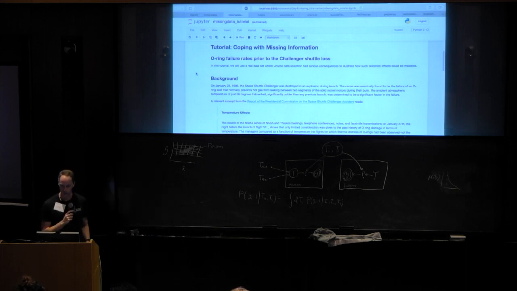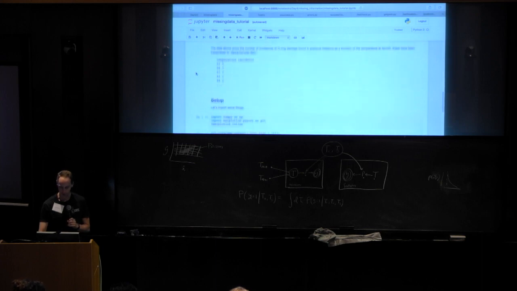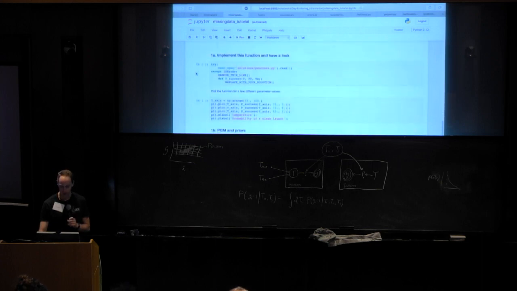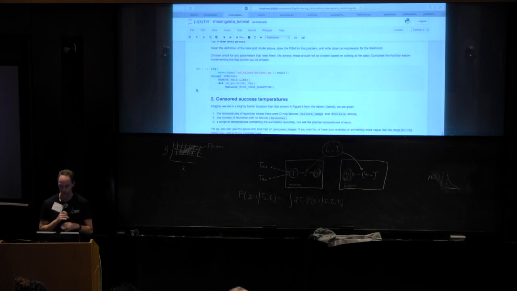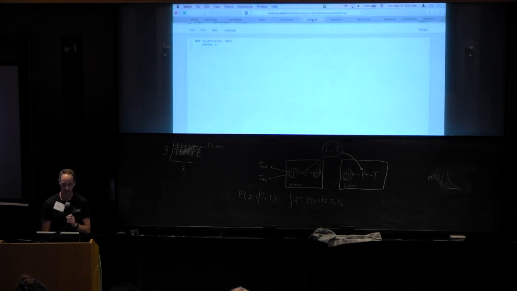But all right, so let's quickly go down here and shout where you see one of those try except blocks. Okay, so the first one is just implementing a function. I think we can probably skip that. In fact, many of these are places where I didn't want to assume what you would like to choose for things like priors. So for example, I just chose a uniform prior, which you probably shouldn't do in general. You should use your brains a little bit, but that's what I did.